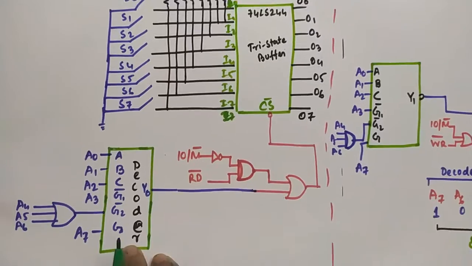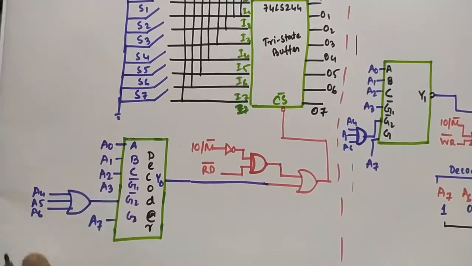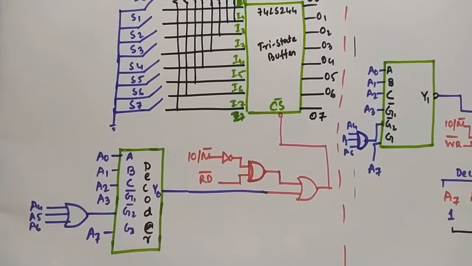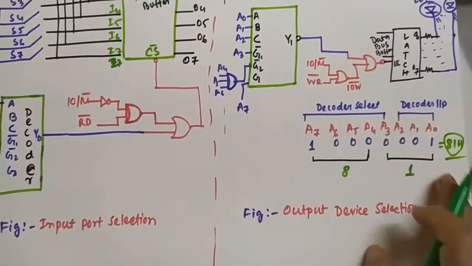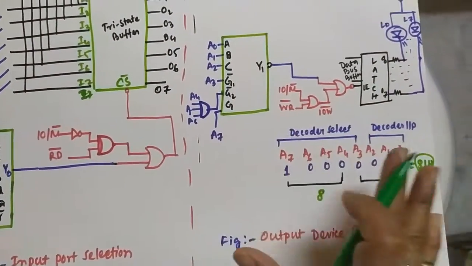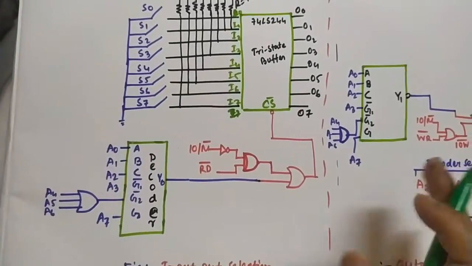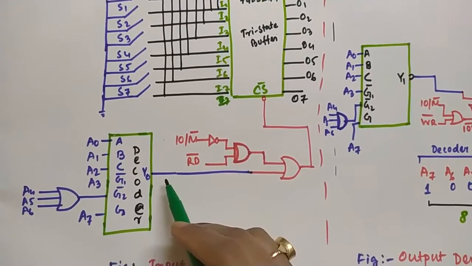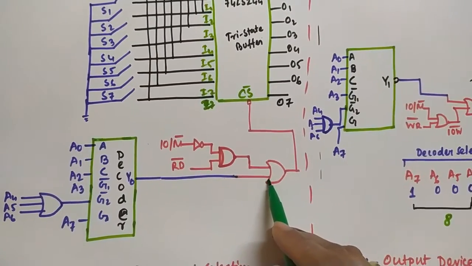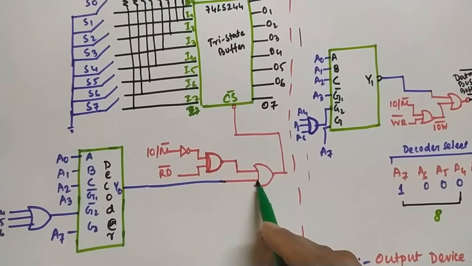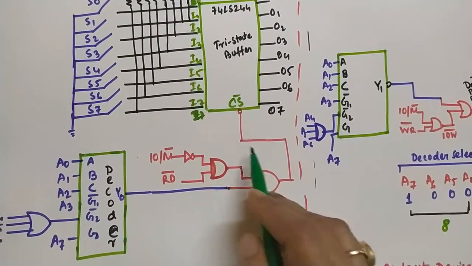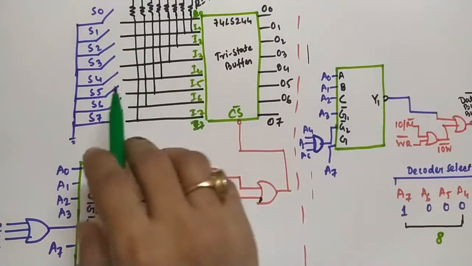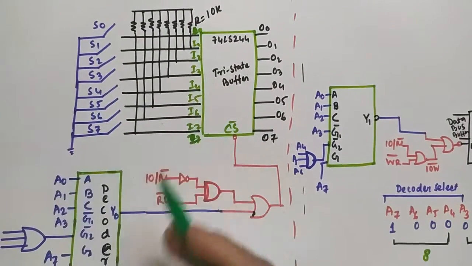of application. Here this is the address bus, and I have already mentioned that the LSB portion of the address bus, that means A0 to A7, is actually used in the input output interfacing technique. So here the address bus is connected according to the logic to generate the chip selection signal, and this is the device selection signal, and this is going to the operating signal. That means here the read operation is going on because this is the input part.